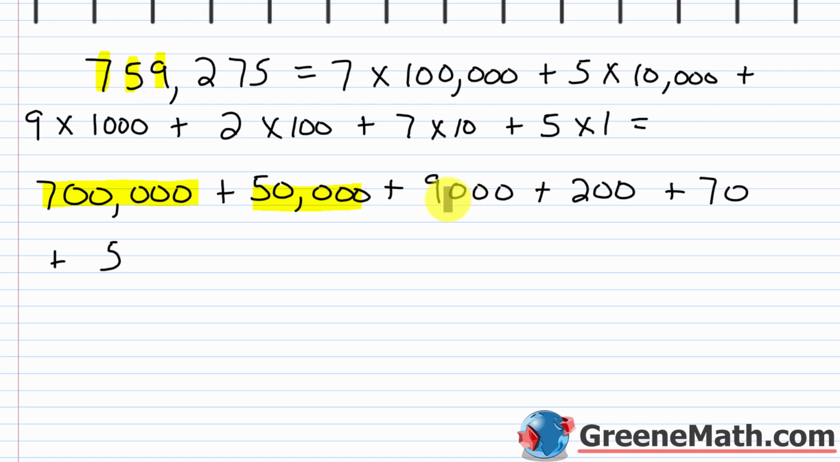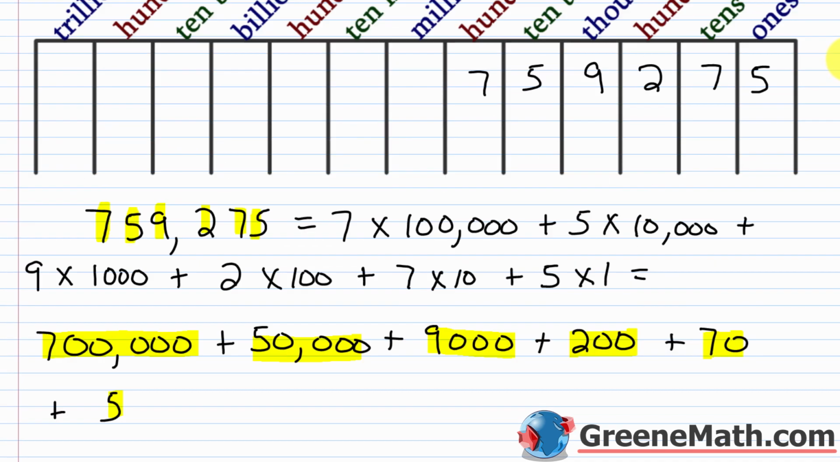The 9 is 9,000, right? It's in the thousands place. The 2 is 200, it's in the hundreds place. The 7 is 70, it's in the tens place. And lastly, the 5 is still a 5 because it's in the ones place. Let's look at another one. All right, for the next one, let's write